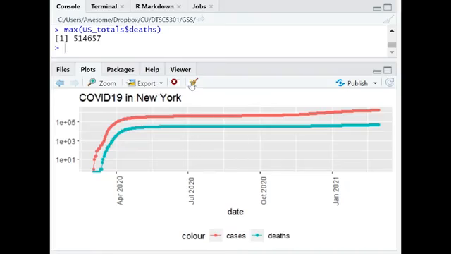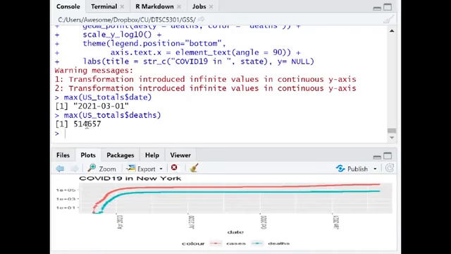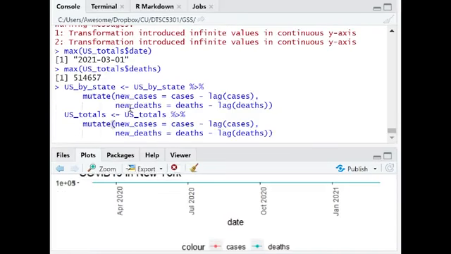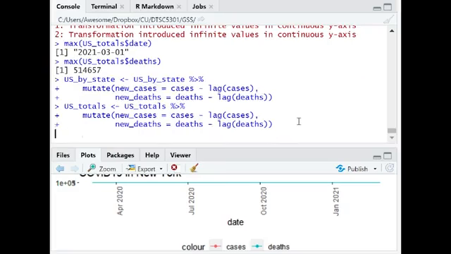So what we're going to do is we will transform our data again, and we will add new variables. We will call new cases the cases minus the lag of cases, and likewise new deaths. So we will add these two columns to our data sets. Okay, so now we look and we can see,